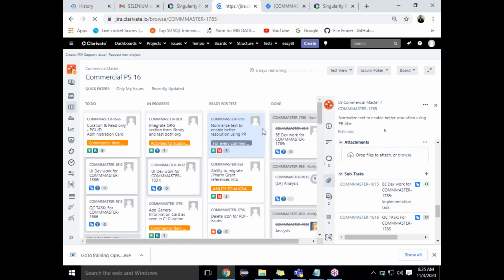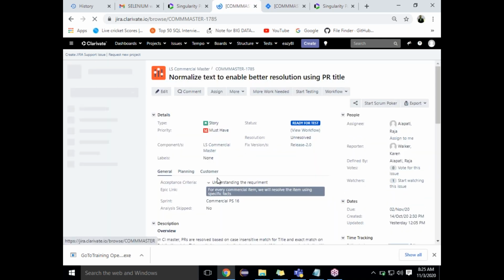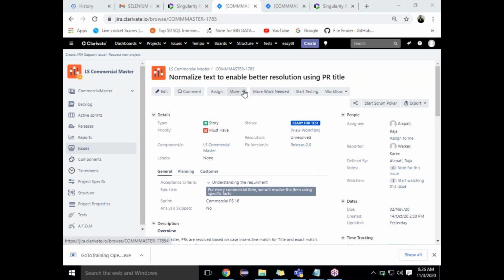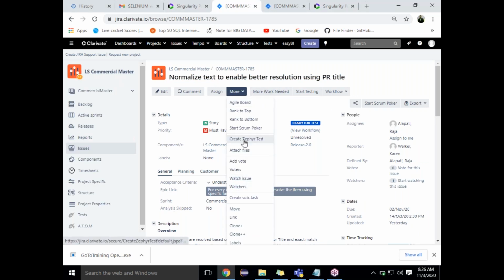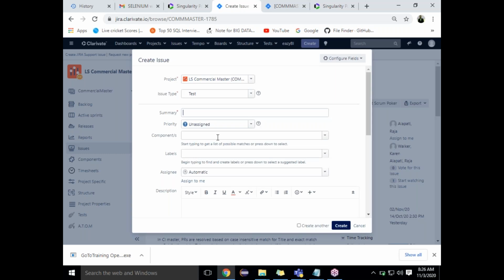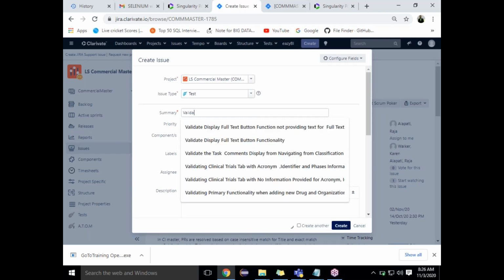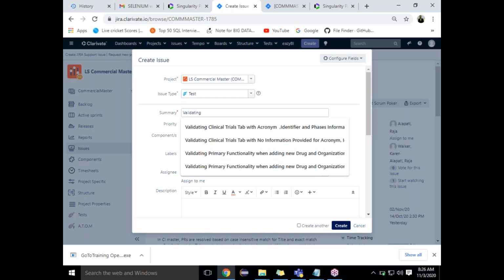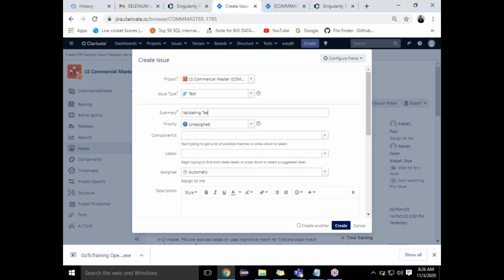Once I analyze that story, I'll create a subtask. If you want to do multiple things, you can create a subtask. I'll go here, click more, create Zipper test, and then write validating text normalization for the PR title, whatever it is.